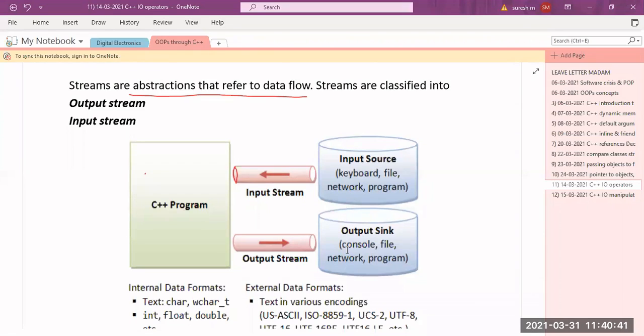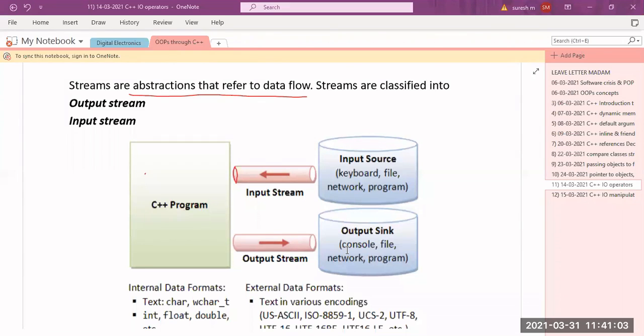One is your input stream and one is your output stream. So in case of this C++ program, this is your input stream, that is nothing but a sequence of bytes that will be allocated, which is acting like an input stream, which is taking the data from the input source. What are the input sources? Keyboard is the default input source because I can take the data from the keyboard, and I can take the data from another file, or I can take the data from the network,